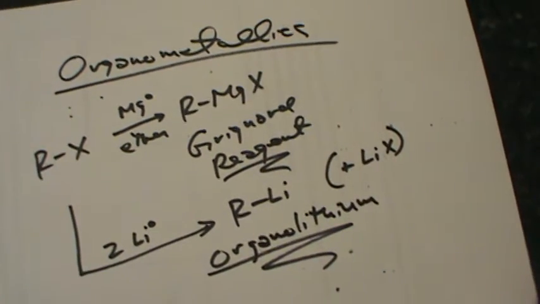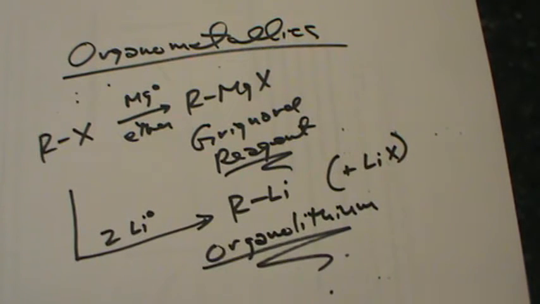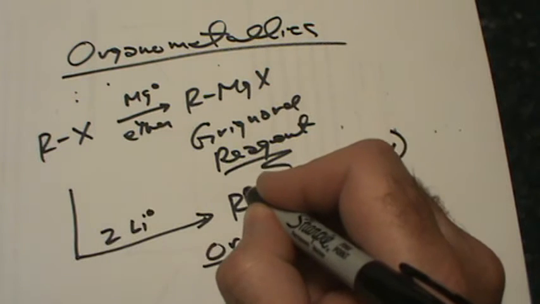So Grignard reagents and organolithiums are two types of organometallics that we've studied in the past, and both of them are nucleophiles. And in particular, it's the carbon of the organometallic that is nucleophilic for all the reasons we've discussed